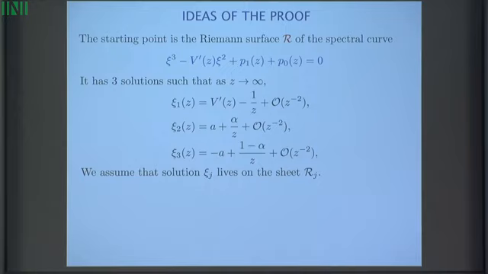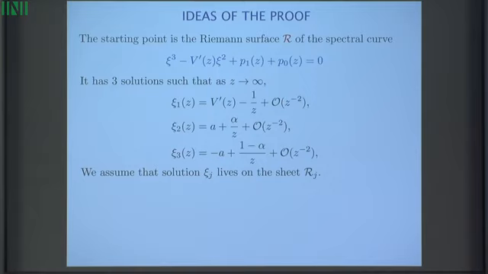Once you have this, the other two solutions are kind of immediate. Their asymptotic distribution at infinity comes just from playing with the properties of the solution of a cubic equation. Okay? Now, when you have a quadratic equation, you can write everything explicitly. With a cubic equation, you no longer expect to write it. You could use this Cardano formula, which is extremely inconvenient in many cases. Instead, you just go to the Riemann surface, where we really feel comfortable working with the cubic equation. So remember, we now have a 3-sheeted Riemann surface.